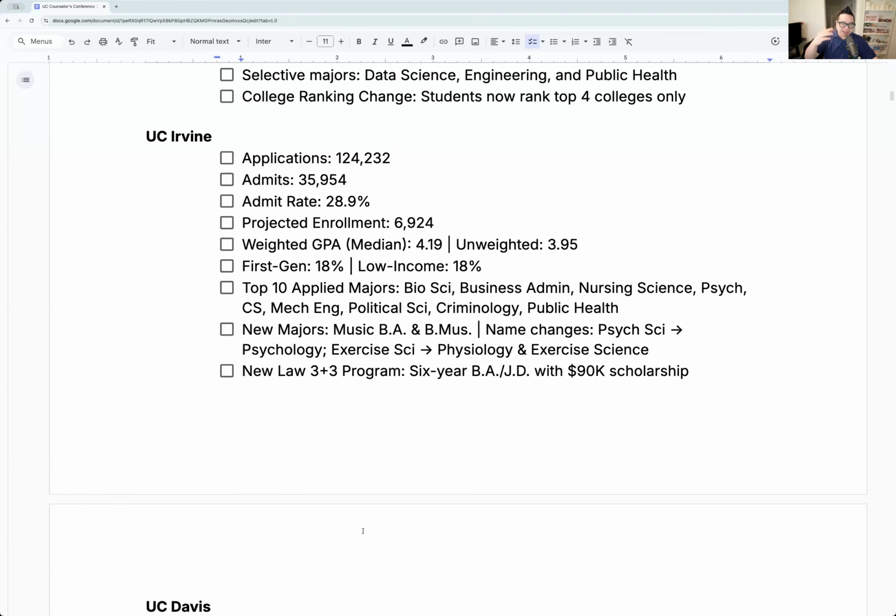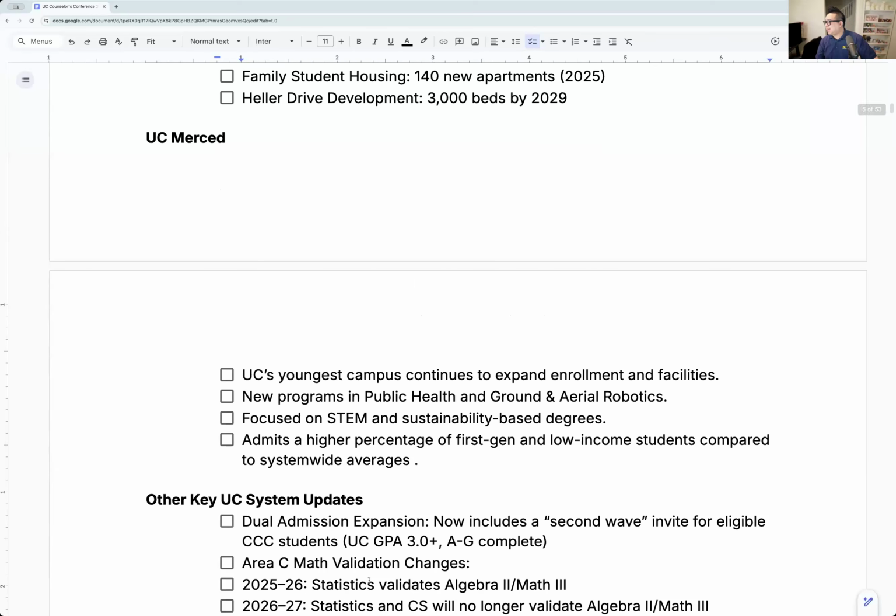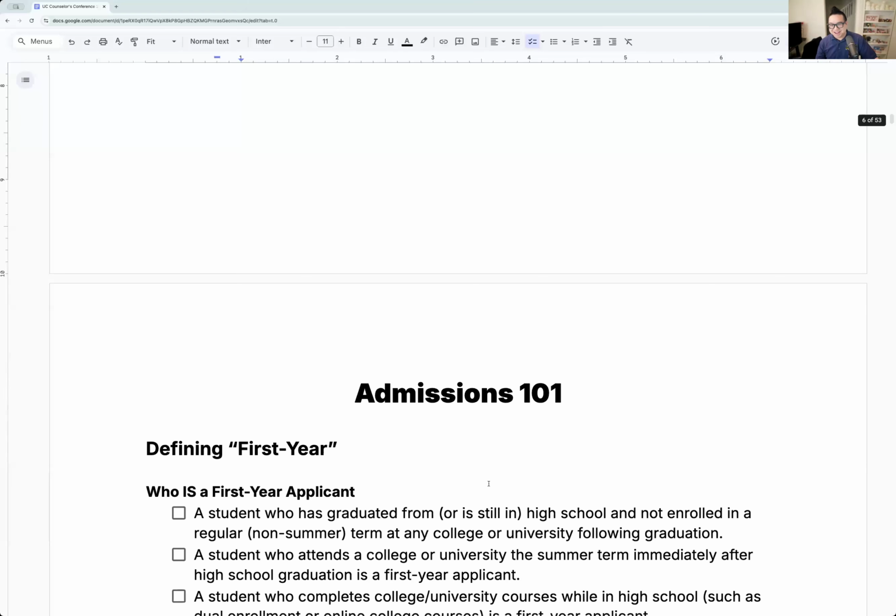Enrollment, I think I talk about later on, and if not, I'll add a little section to it later on as well. I have 50 pages to cover. I am 15 minutes in. I have 30 minutes left. I have to cover 50 slides. I'm trying to go fast now.